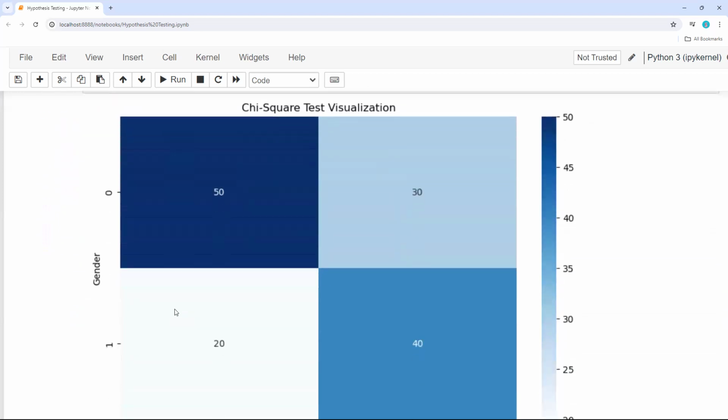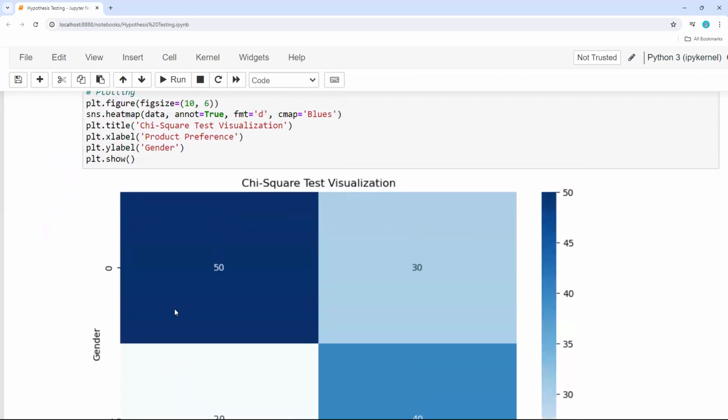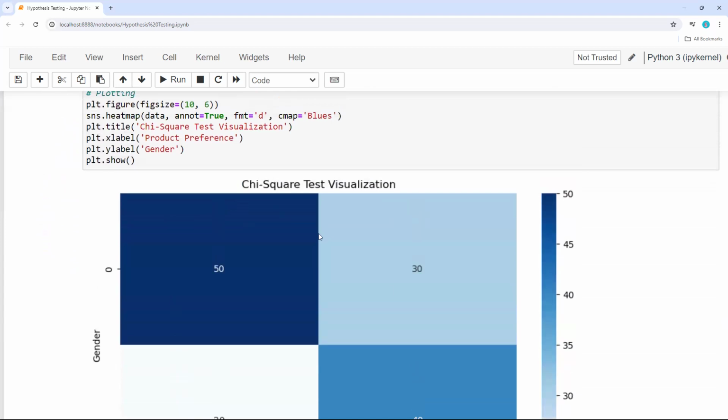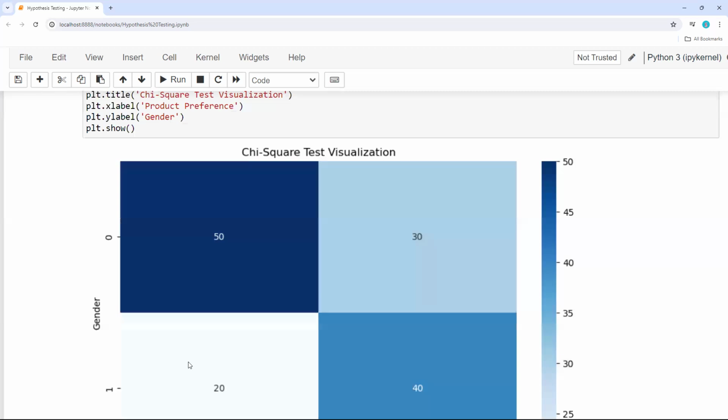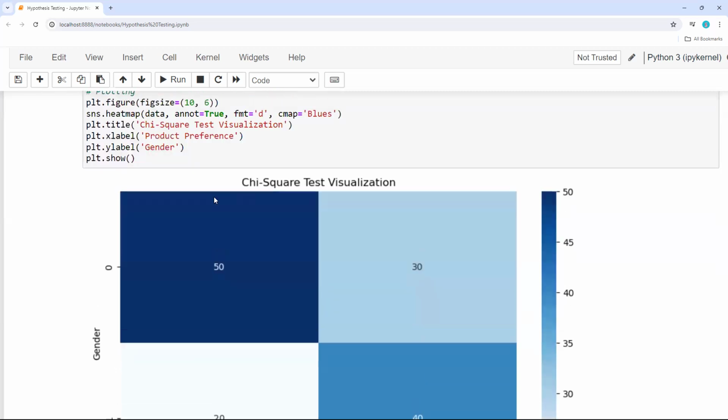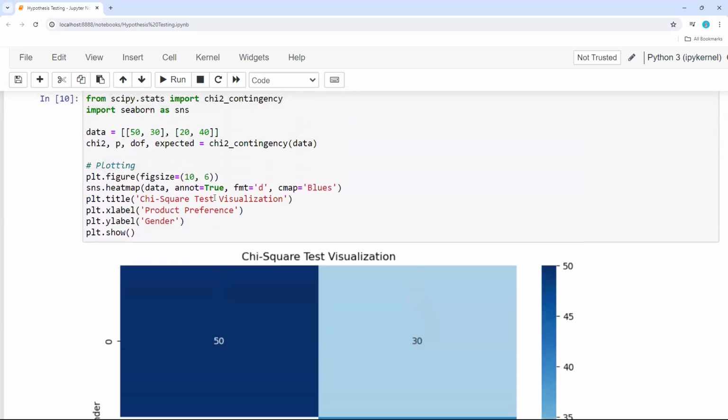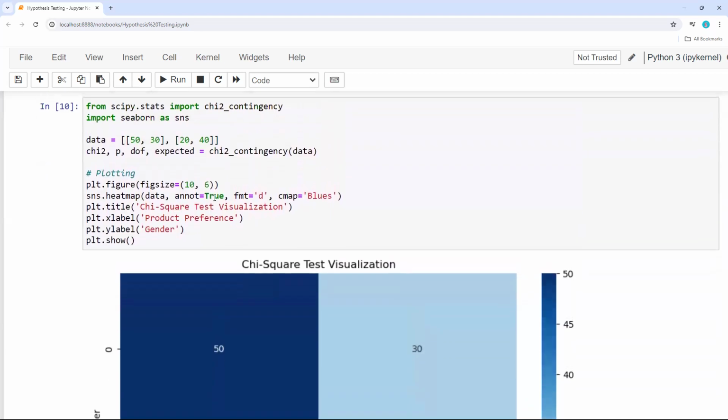And this is my validation test visualization. So this is about the chi-square test. These are all based on the data type we have, what kind of data and how large the sample size we are using. So in that way, we will use